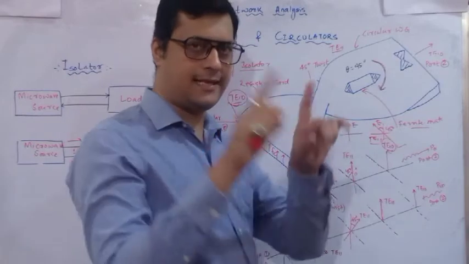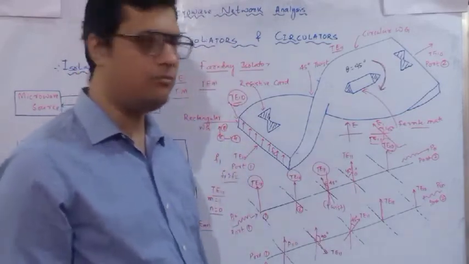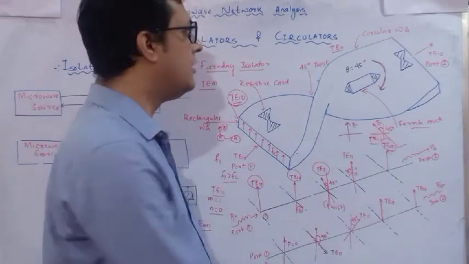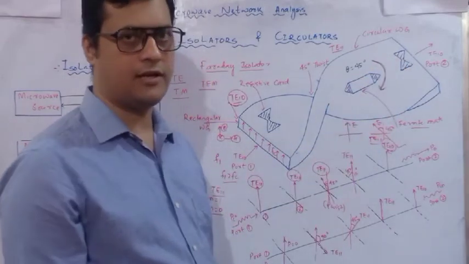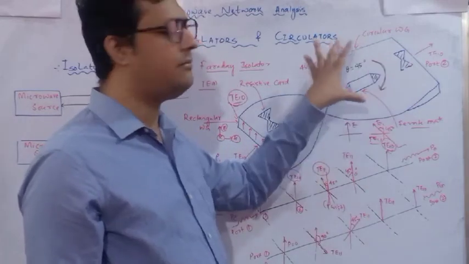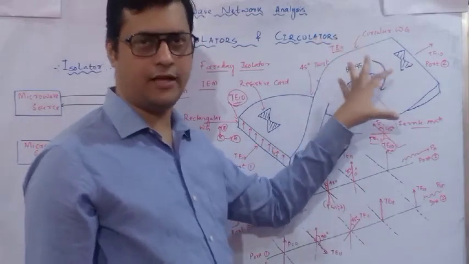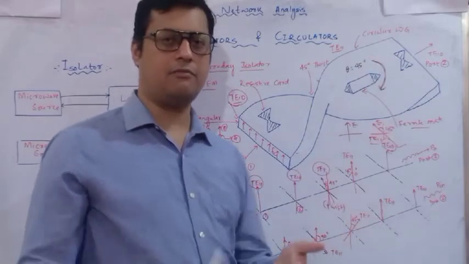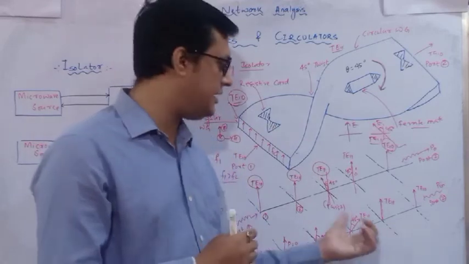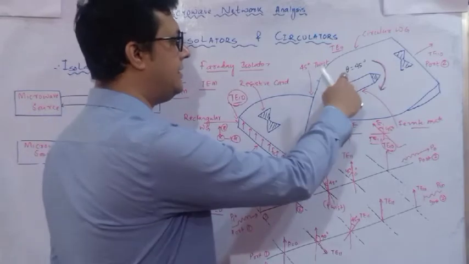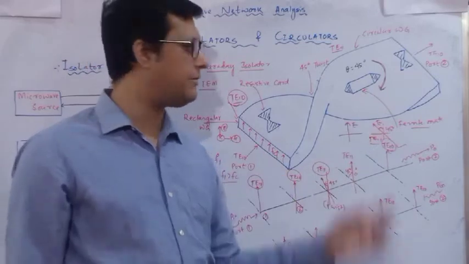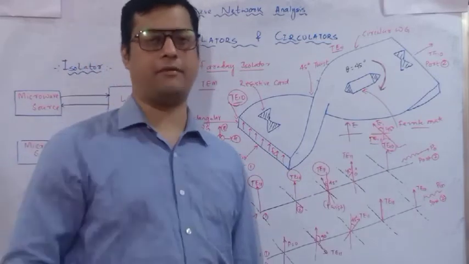Now see, it is port 2. Port 2 is a rectangular waveguide, and the dominant mode is TE10 as you can see here. So it is an electric field TE10. There is a resistive card there, so there will be a potential drop. So it is TE11 because this card is available in the circular waveguide. The change of mode happens from TE10 to TE11, rectangular system to cylindrical system, with the same phase. Next, it enters this particular part called the ferrite material, which rotates at an angle of 45 degrees clockwise.